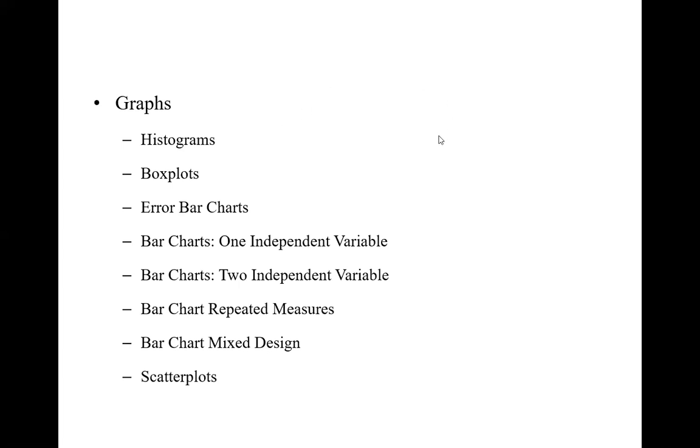If we are presenting our data, then with the analysis we should give a graph also, so it will be easy to understand the analysis.